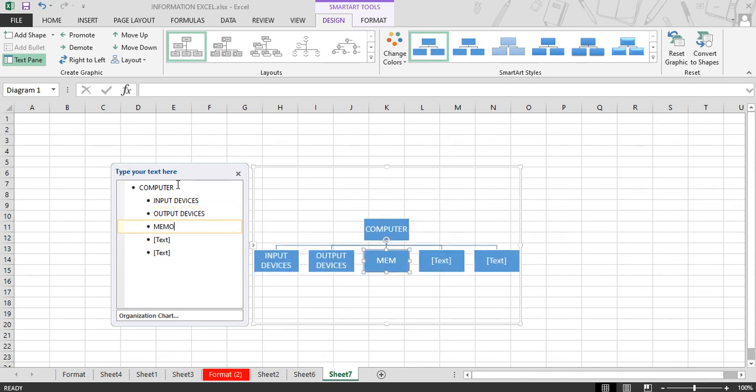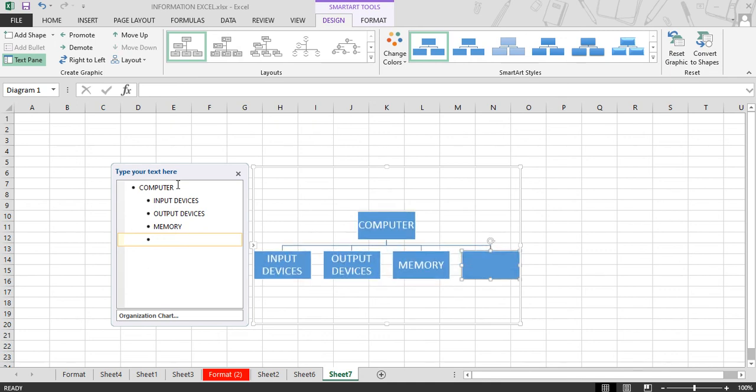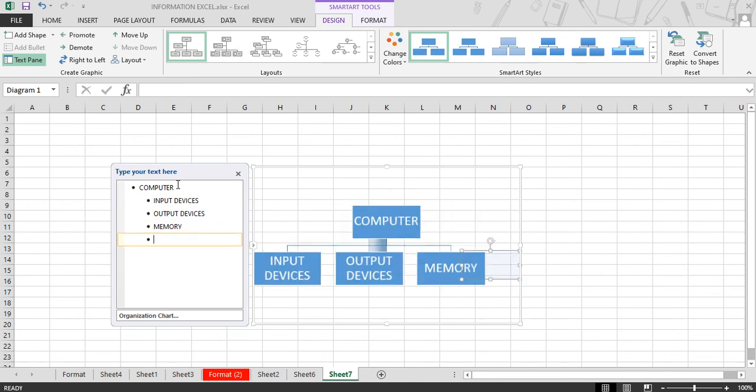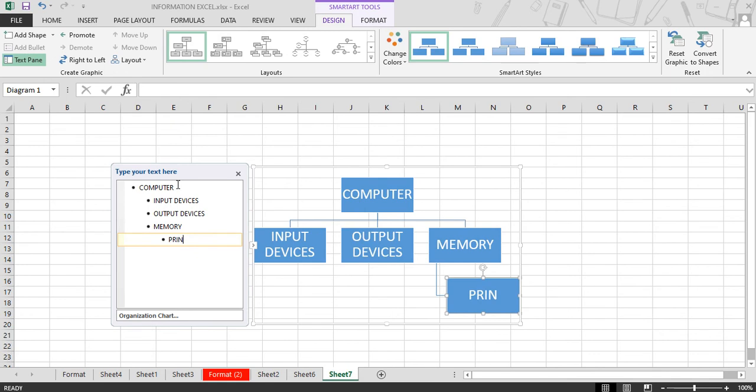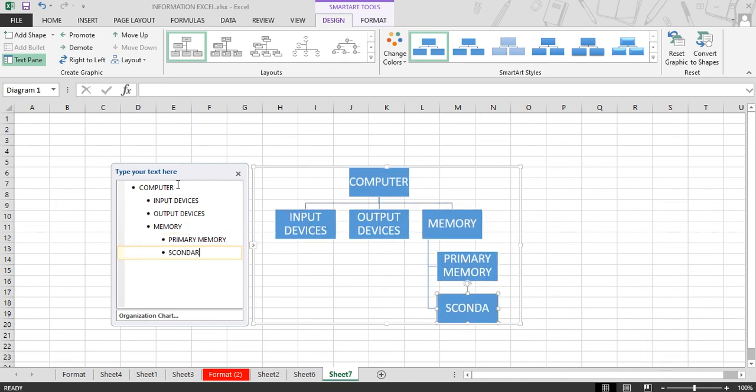Next is like memory. So we have two types of memory. So in this way you can design your smart art.